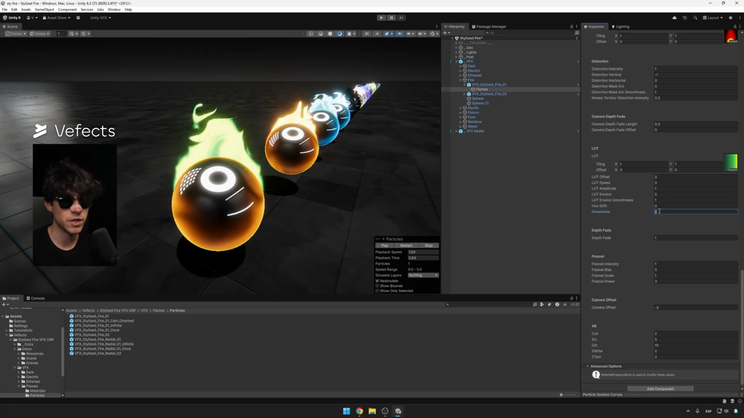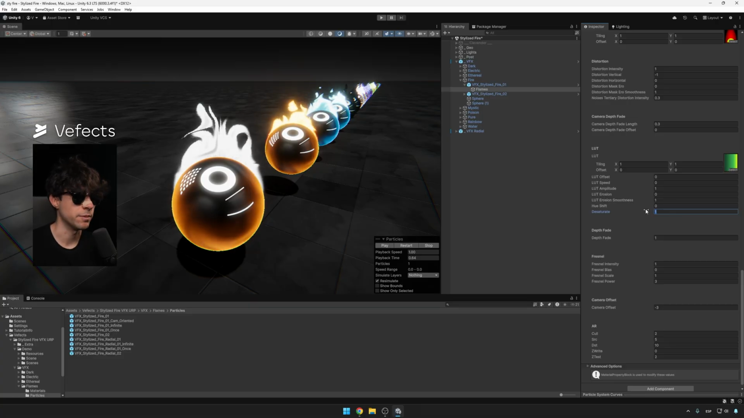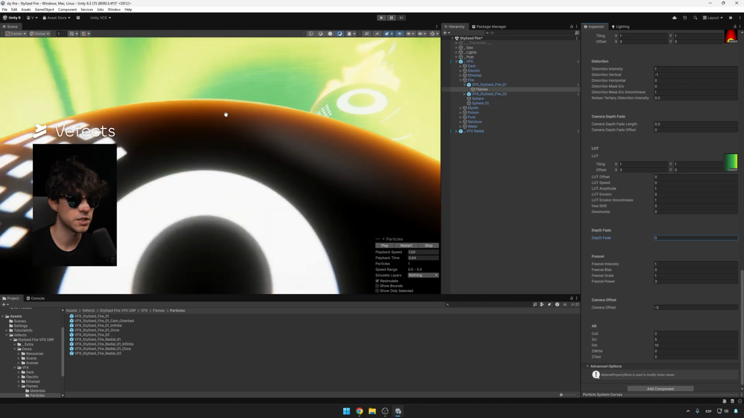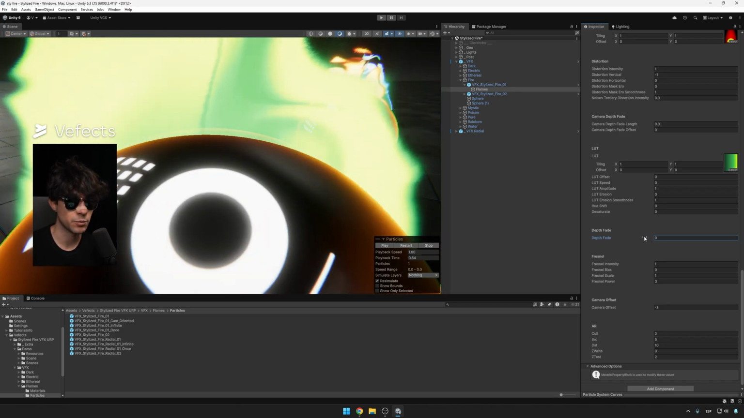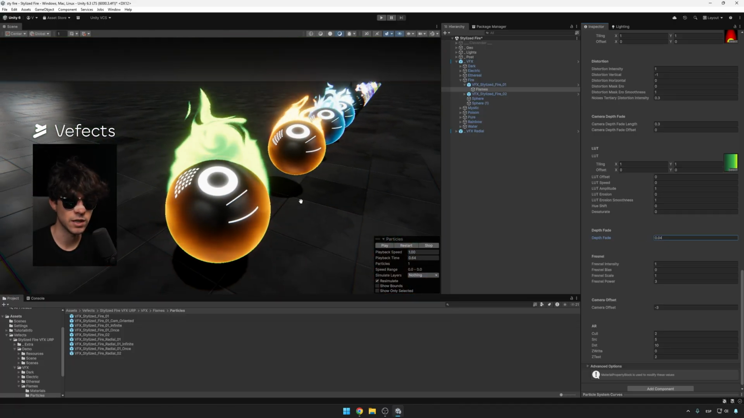And as for the desaturate, that's just gonna desaturate the lookup table. So you're gonna get a black or white type of flame. Depth fade controls wherever that particle will be colliding with a solid object, how far will it blend. So you'll see that this one is not blending at all. You can see the hard edge right there. But if I crank this up just a little bit, it's just gonna be seamlessly integrating into the flame